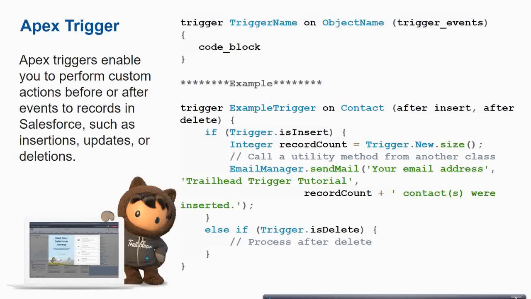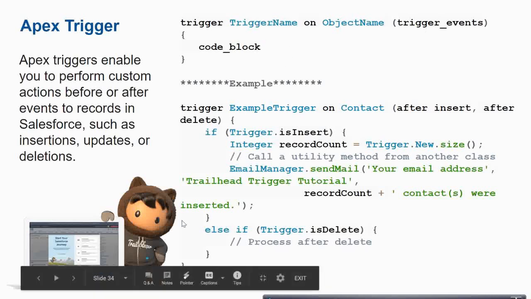Now let's go to Apex trigger. This is the second topic. So what is Apex trigger? I will explain this code and you will get an idea of what an Apex trigger can do. This is the skeleton of what an Apex trigger looks like. There is a trigger on an object name and trigger events. But I will explain. See, what is Apex trigger?